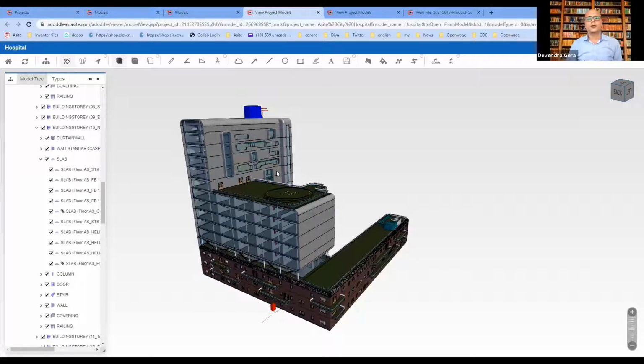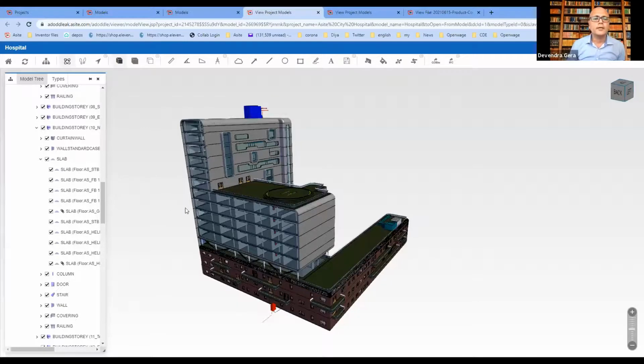The left-hand side shows the model tree, and there are various functional tools available in the ribbon, as well as options such as the object manager, the view manager, commenting, and the apps, which you can use if you want to raise an RFI or raise a tender based on model objects. That can be done as well.